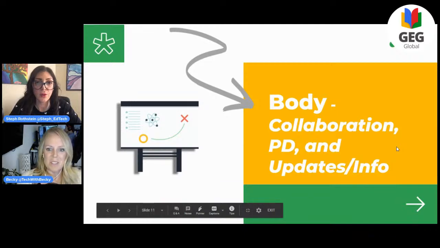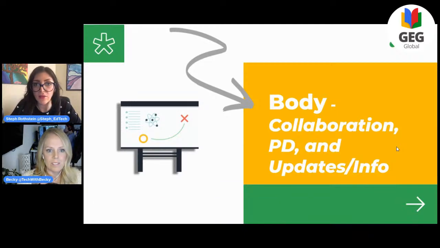So as we move through now, I did a lot of those intro ones, and Becky's going to take the lead here on the body, the main section of the meeting. We've now talked about how you actually get people feeling connected, starting things off where they're perhaps ready to then feel comfortable sharing. And now we're going to move into the more content, the focus of your meeting or your session together. So without further ado, go for it, Becky.